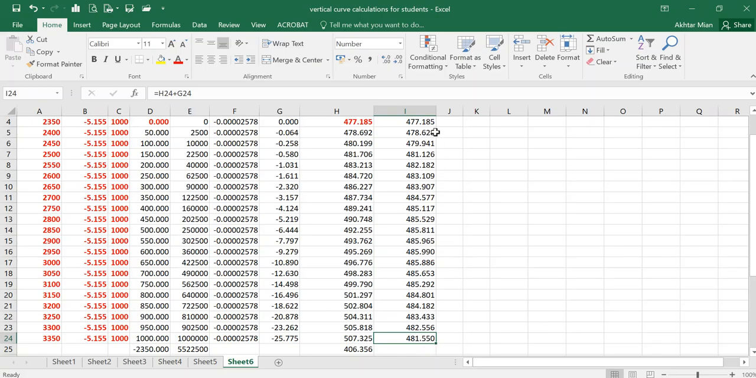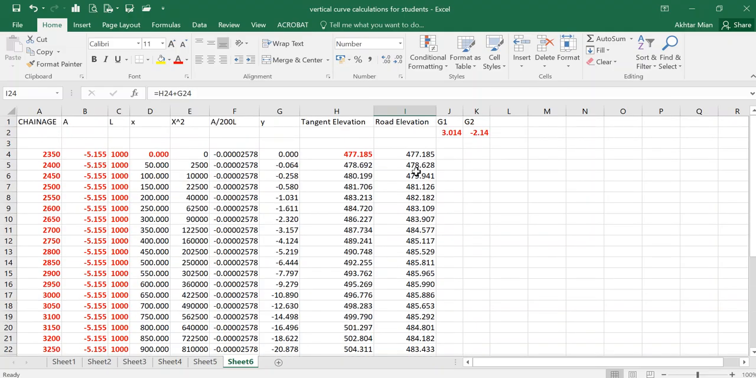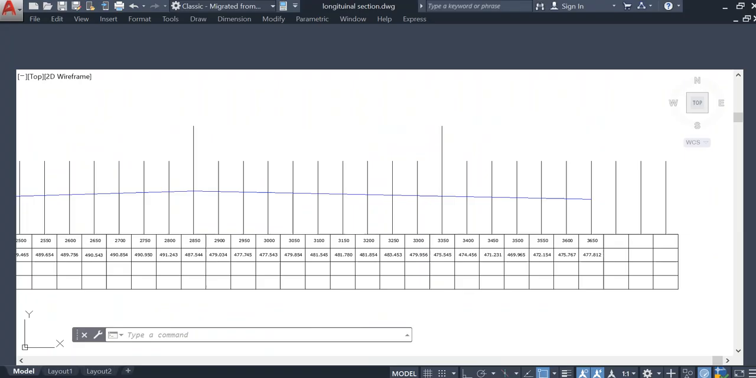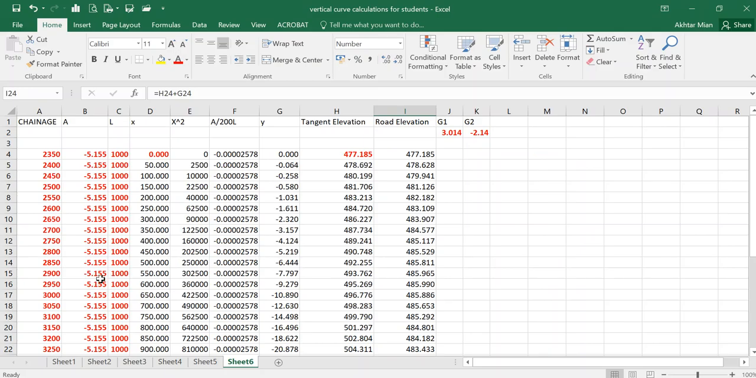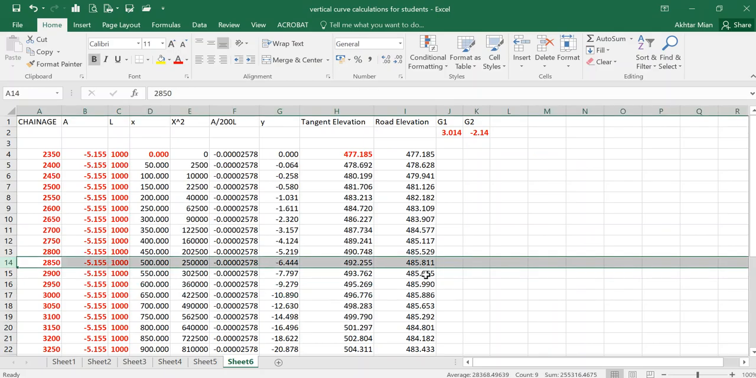Now, these are all the elevations at all the chainage points over here. These are all the road elevations, and we will look at the PVI. The PVI is over here. Where is the PVI? Let me show you where the PVI is. The PVI is at 2850. If we look at the elevation at 2850, that will be right there. This is 485.811. So I will plot a circle of radius 85.811 on my AutoCAD,